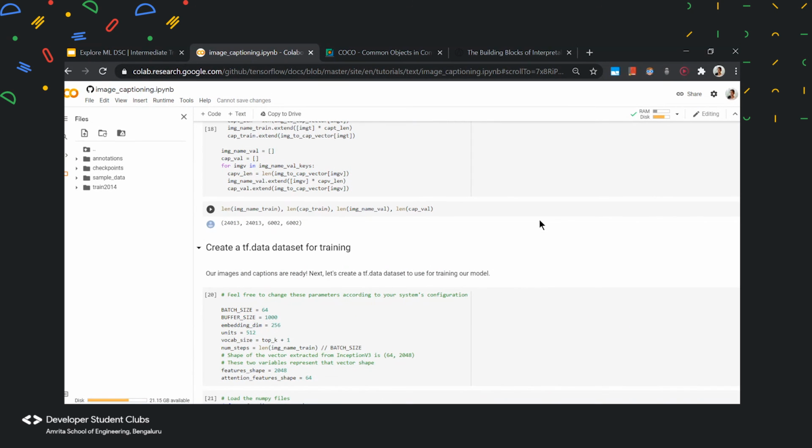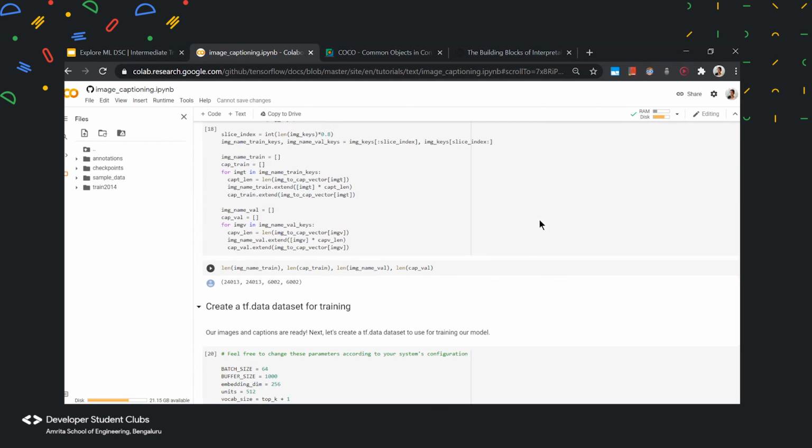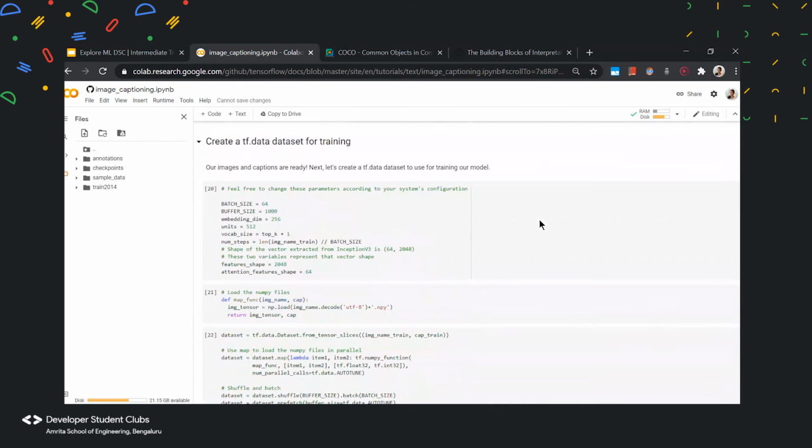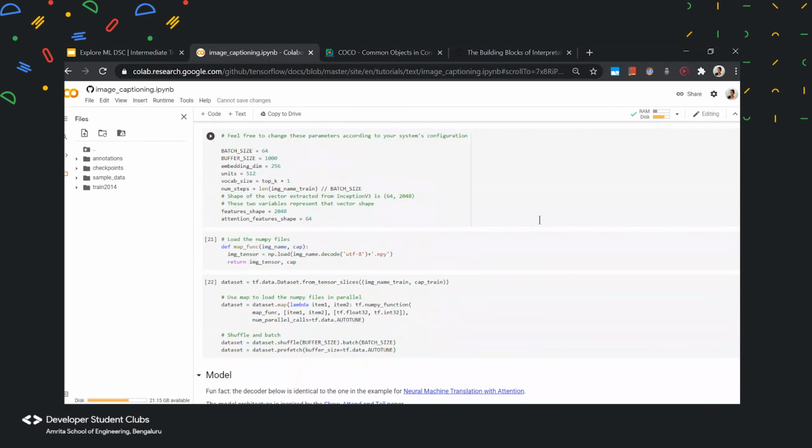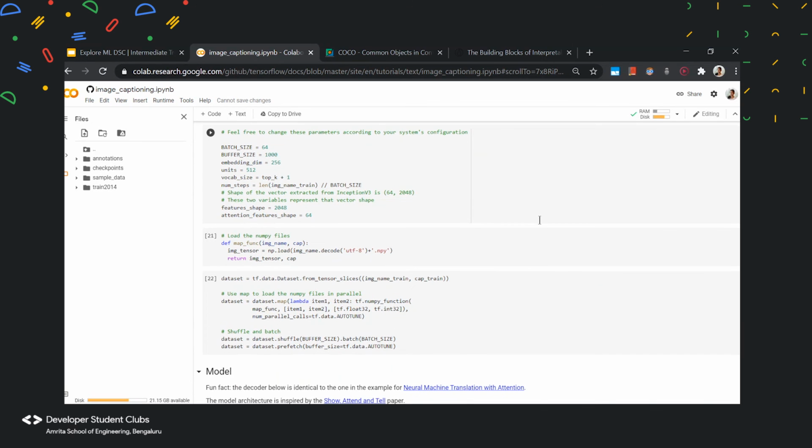Now, the Inception v3 model you can't change, but you can use another pre-trained model in place of the Inception v3. But the other layers, that is the encoder and decoder, again have their own fixed way in which they are represented, because our encoder is a CNN, but you can change the different layers in the convolutional neural network. After the event, we'll be sharing a doc in which we'll be giving all the resources for you to look into what exactly these different parameters are and how you can change them.